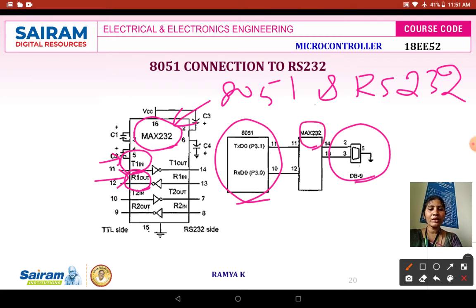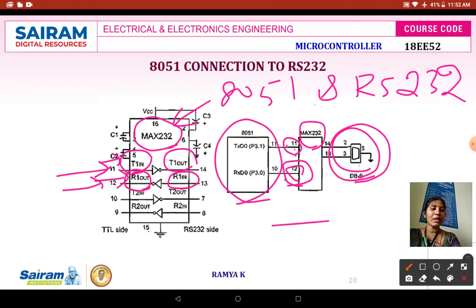You can find the 11th pin and the 12th pin. The 11th pin stands for T1 in, and the 12th pin stands for R1 out. It means that one is an input and the other is an output. It is your input for transmitting your data, and this is your output for receiving your data. And to make it compatible, you have to connect T1 out and R1 in to the pins of the